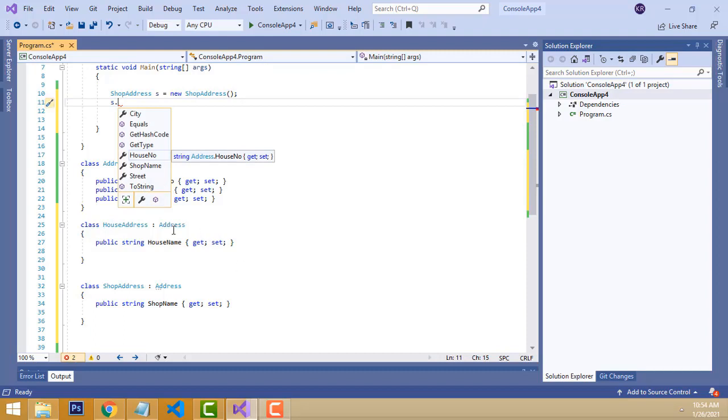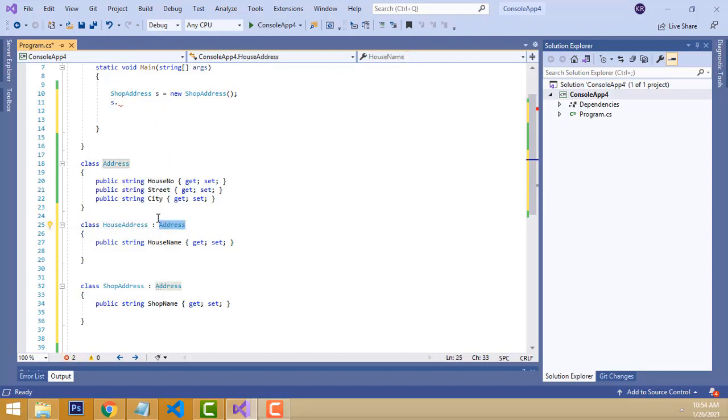So how do we declare this class? Here you can't inherit two classes. If you inherit two classes, the program shows an error. If it is an interface, you can inherit more than one; you can inherit more than one interface, but you can't inherit more than one class. This is the general rule of the language. So how is this possible? How do we get this class's properties inside this class?